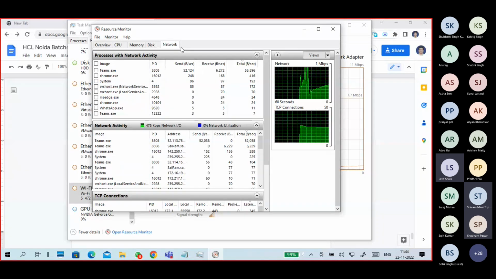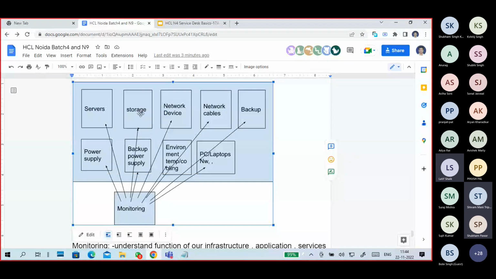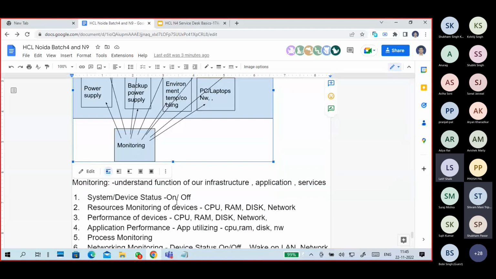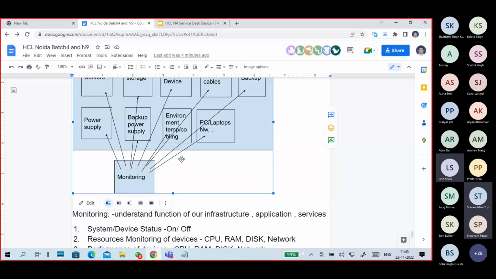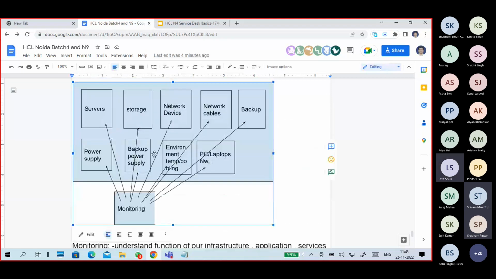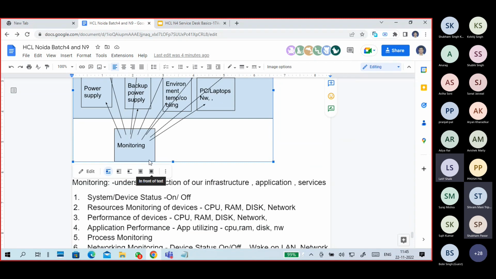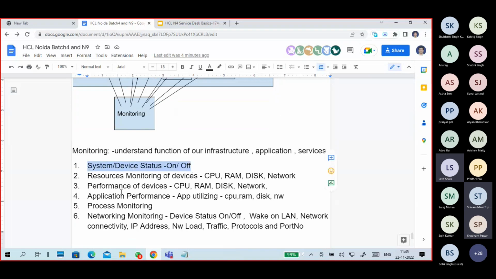But this is for one single system. What about a whole bunch of systems? Different types of servers, hardware components, PCs, laptops, networking devices, storage itself a machine, right? So we monitor those things centrally. We can't go to each and every device and check it, right? So what we do is collect all information and check it from the monitoring station. So: system device status, resource monitoring of devices, performance of devices,